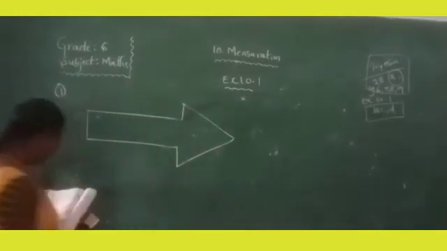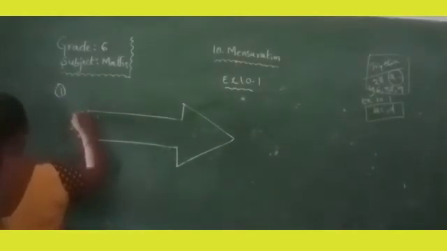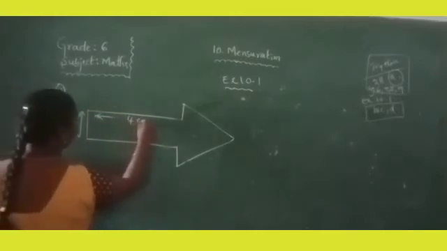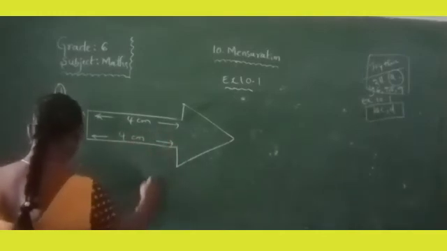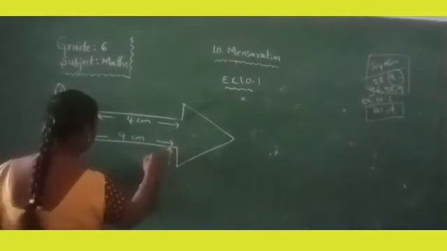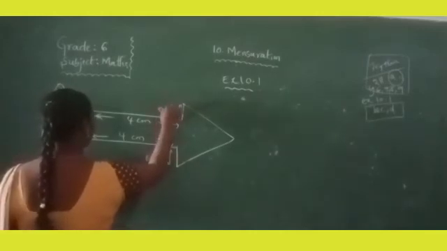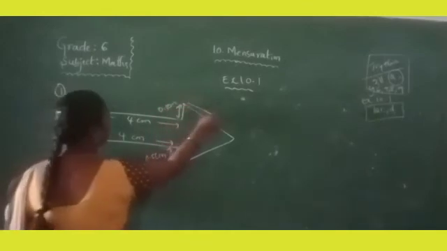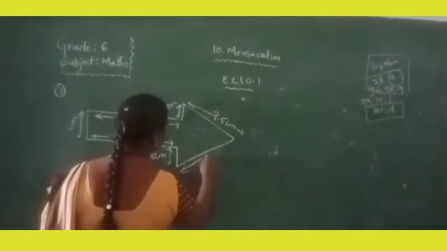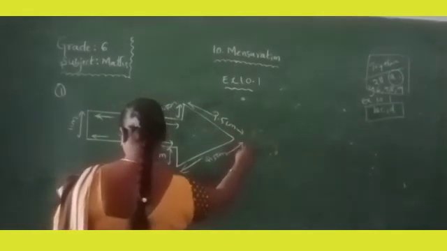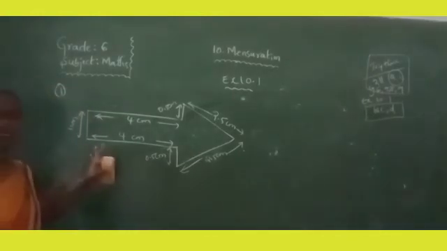Right. Here the lengths are given in decimals. So this length is 1 centimeter, and this total length is 4 centimeters, and this length is also 4 centimeters, and this width is 0.5 centimeters. This width 0.5 centimeter, and this length is 2.5 centimeters, and this length 2.5 centimeters. So here also we have to find the perimeter of this arrow.